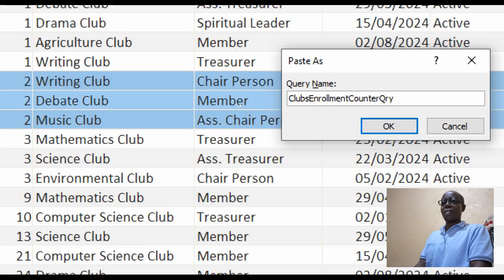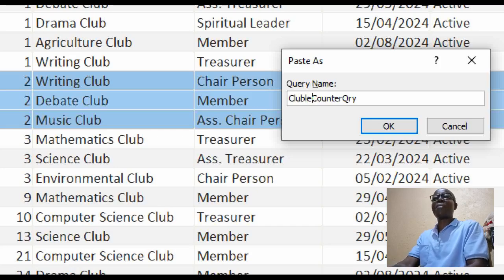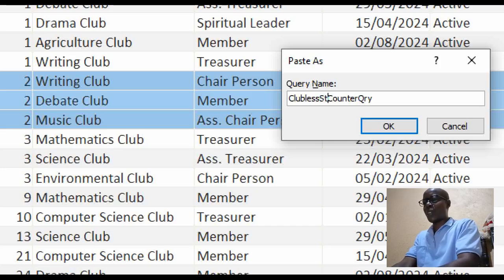So clubs enrollment counter. Now this time we shall say clubless students counter, or whatever you may want to call it. Clubless counter query.